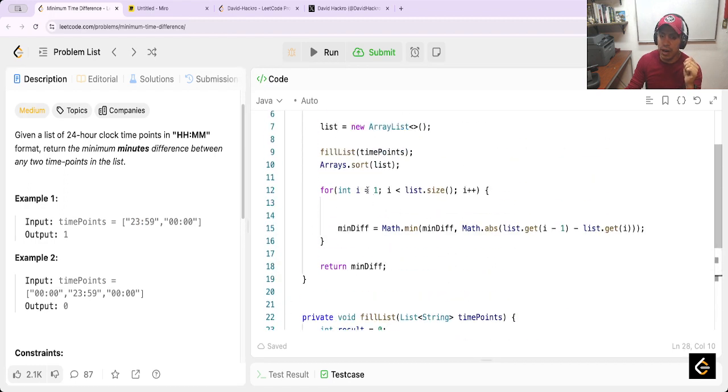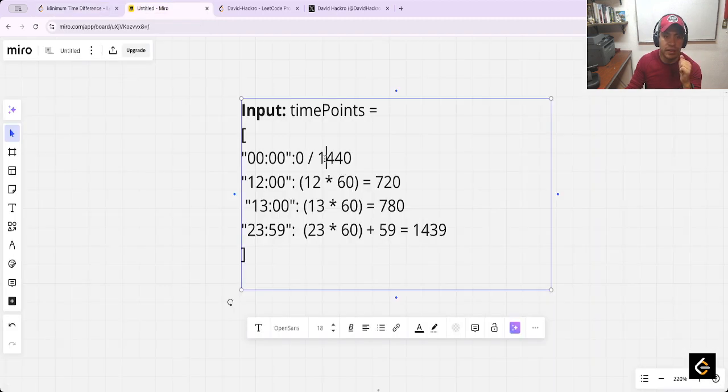Okay, now having this list and sorting it, we basically compare this with this, this with this, yeah, the current with the next, or the previous with the current, whatever, and it's okay, this works. But when these cases happen, for example here, for example, I have this, yeah, and it's sorted. This is sorted, and the difference between this and this is basically this, yeah, because it's 0 and this is, the difference is